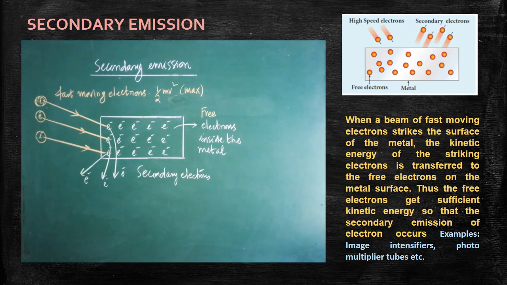Secondary emission mainly takes place in a few appliances. The following appliances use secondary emission: image intensifiers and photomultiplier tubes. In those devices, secondary emission